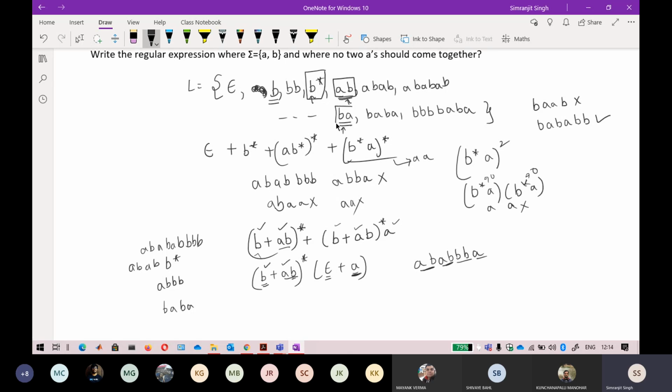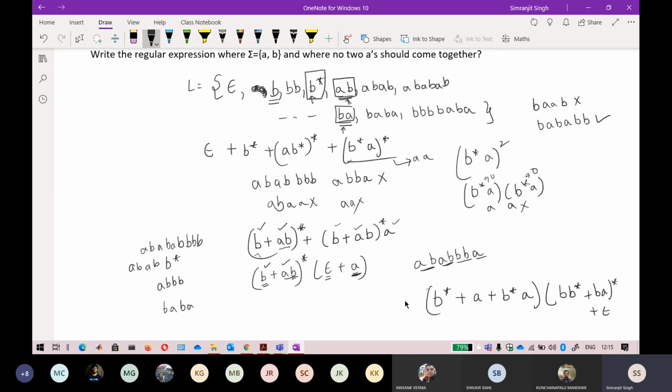Another building block is this one. You can again write an expression from this one also, so your expression is also different. I think another student in the previous tutorial has given me another expression. Let me take a look at it. The expression was like this: B star A plus B star A, followed by BB star plus BA and plus epsilon.